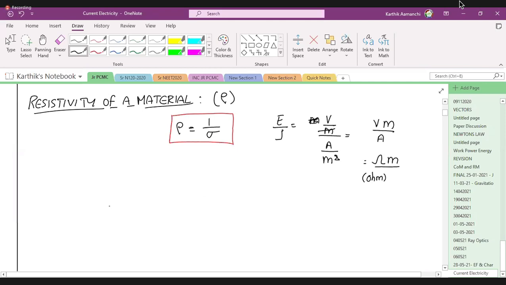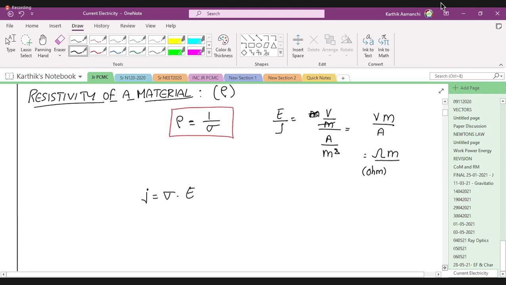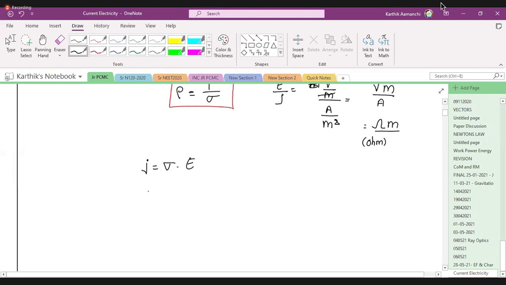Now let's come to Ohm's law. Now that you have all your material ready, let's jump into Ohm's law. There is a scientist by the name Ohm who studied extensively the relation between potential and current. Now see, J is nothing but sigma into electric field. J is I divided by area, which is sigma into electric field, which is your potential divided by distance.